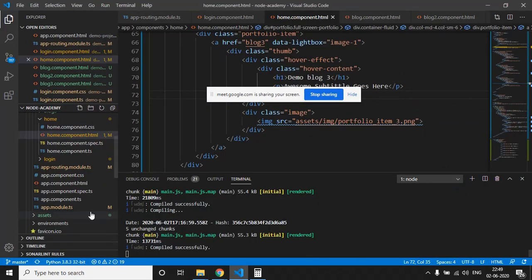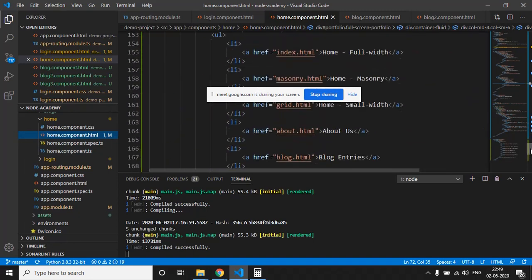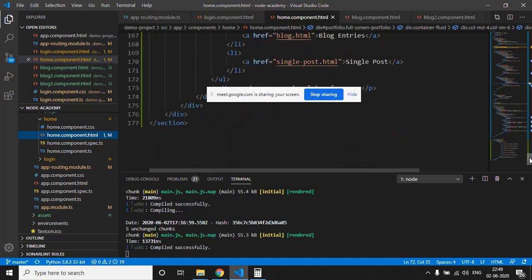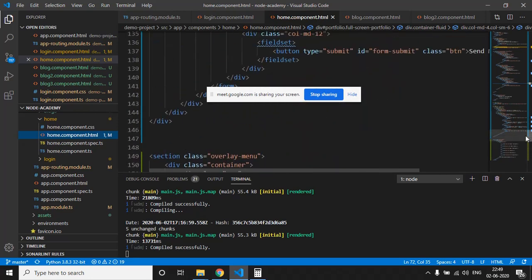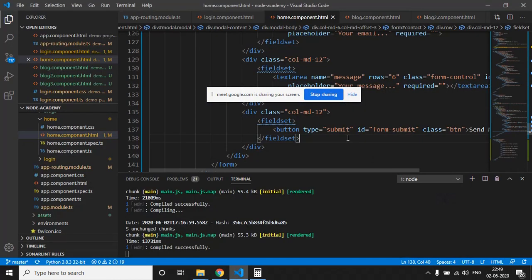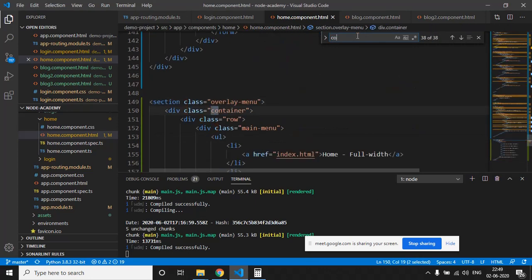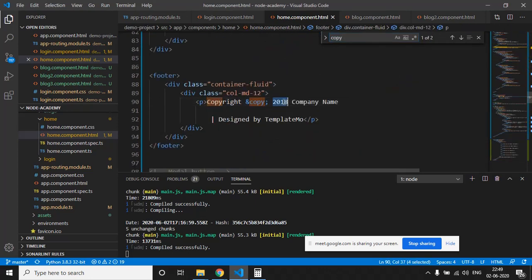So just go to the home page. It will be at the absolute bottom. Search for the copyright. You can write anything you want here. The company name will be my blogs and designed by.